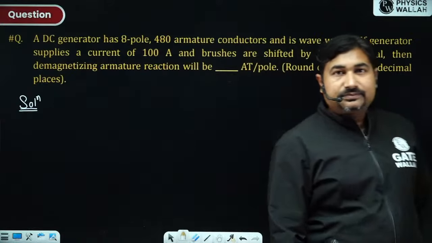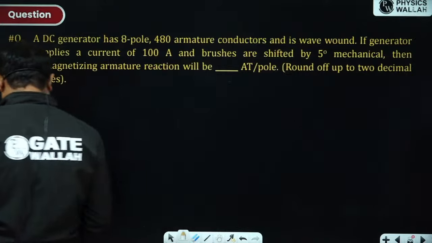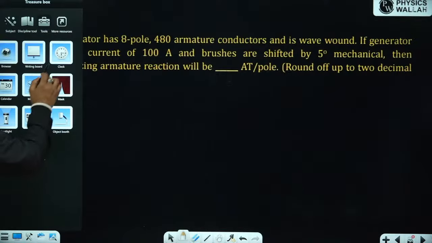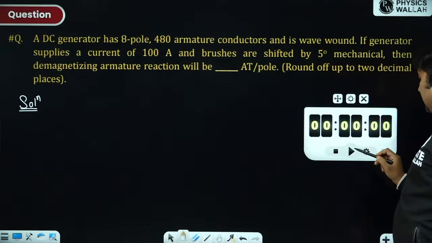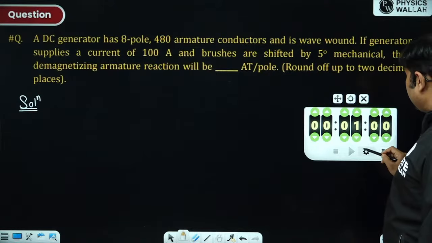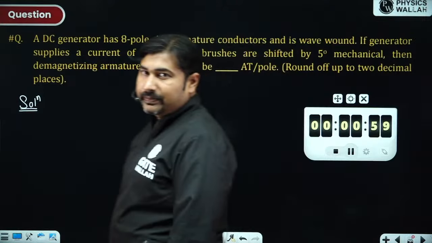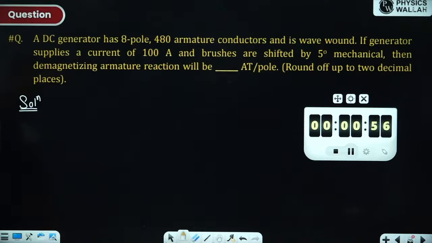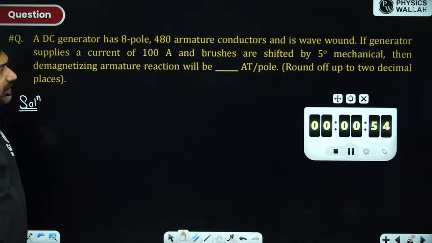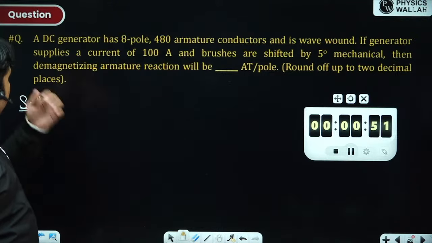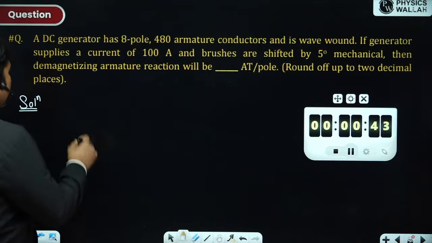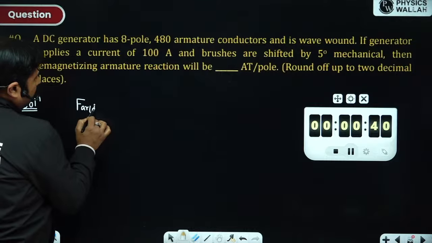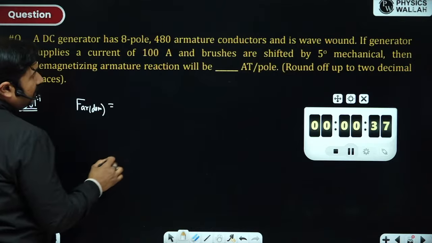Can you solve this one? Giving a timer once more. So I think 1 minute is sufficient to solve this question. Please go through this. A DC generator has 8 pole, 480 armature conductors, wave wound. If the generator supplies a current of 100 ampere and brush is shifted by 5 degree mechanical, the demagnetizing armature reaction will be FAR demagnetizing. FAR demagnetizing in terms of ampere turn per pole is